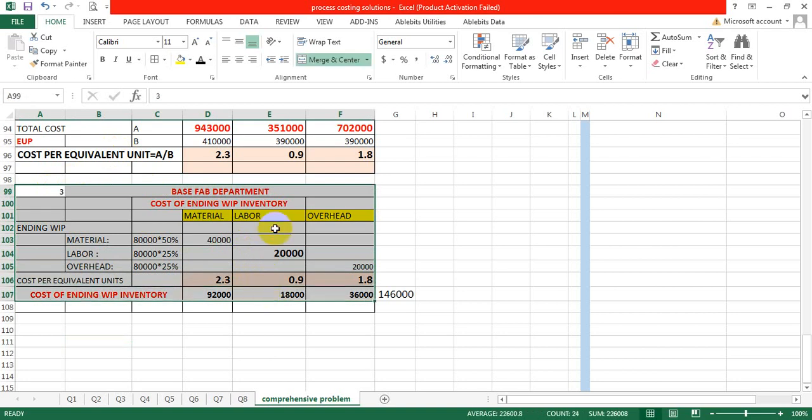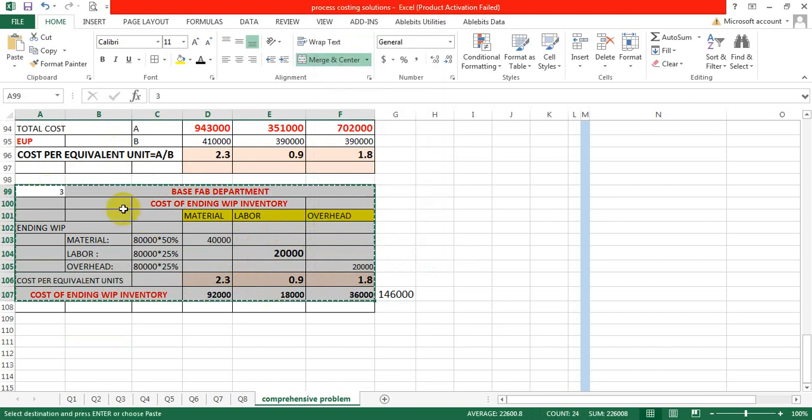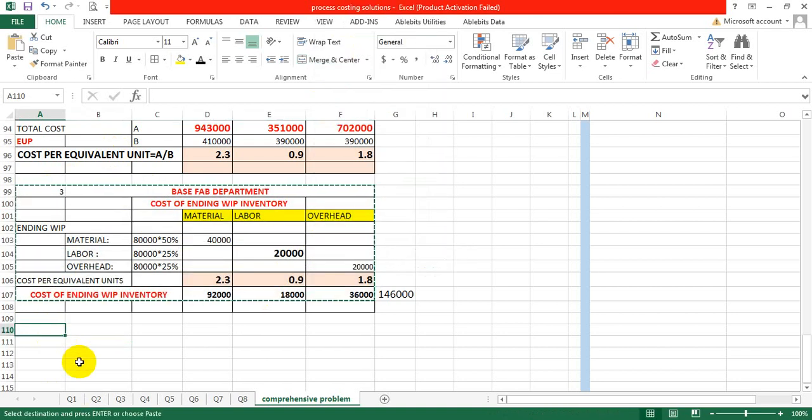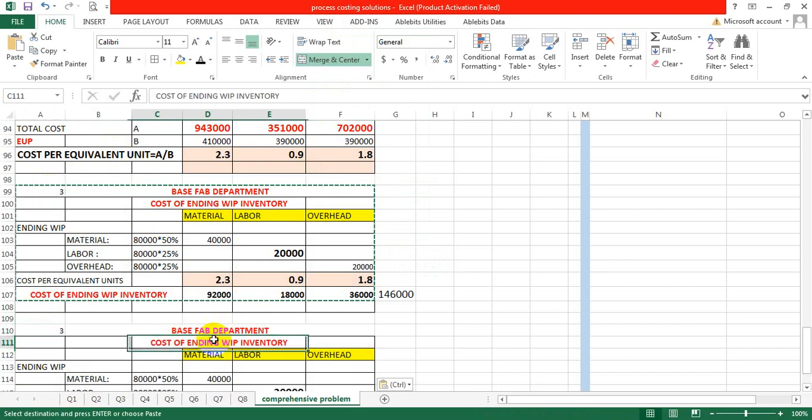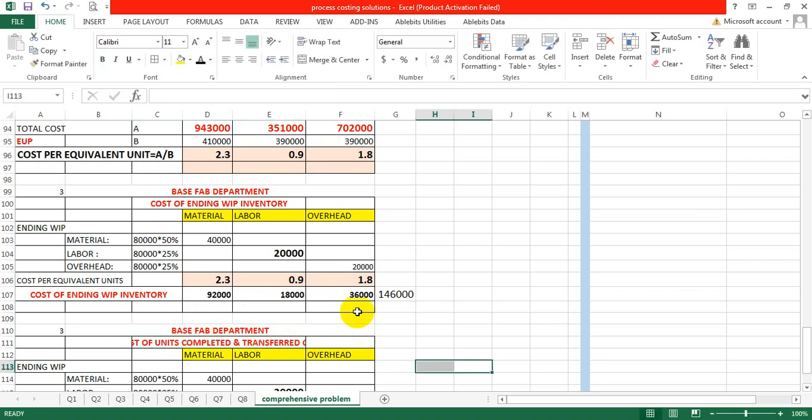Okay, now the last cost is part 3, that is cost of units completed and transfer out, right? Cost of units completed and transfer out. I'm again writing here, base fab department, cost of units completed and transfer out. Cost of units completed and transfer out, right? Okay, my